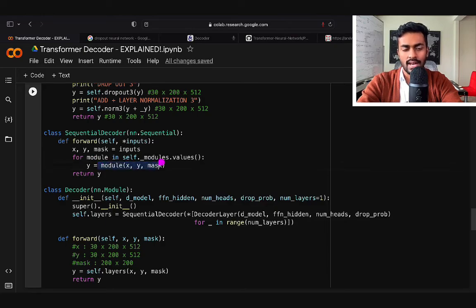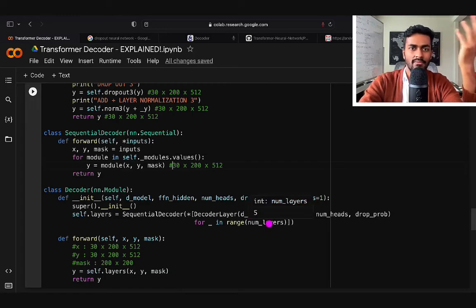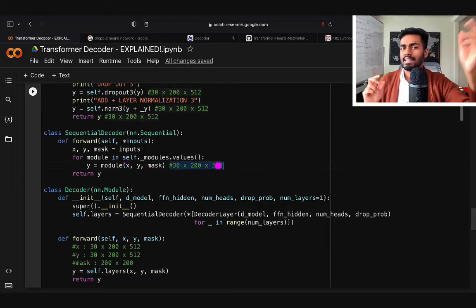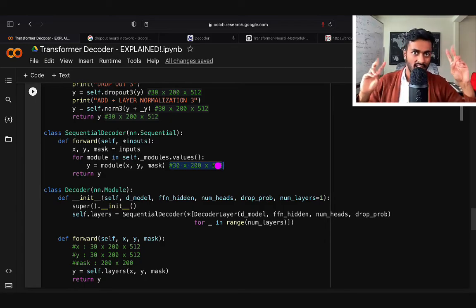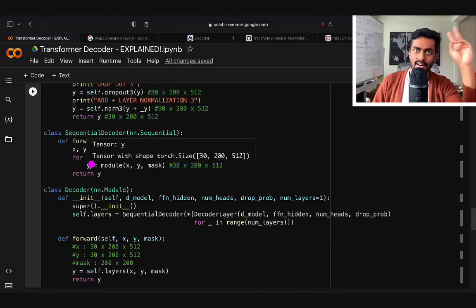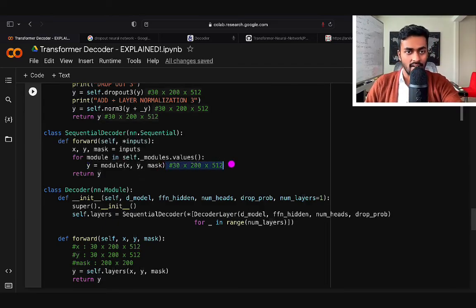So this module executes once, and now we have this Y, which would have been this shape over here. And then we just input that same Y. This has to go num layers. We defined it as 5. So this will execute 5 times. So now this new tensor, which is slightly more context aware of the Kannada output language, is passed back into this module, and we keep updating Y, which is like the Kannada target tensors for the Kannada words. Now, once all of these are complete,